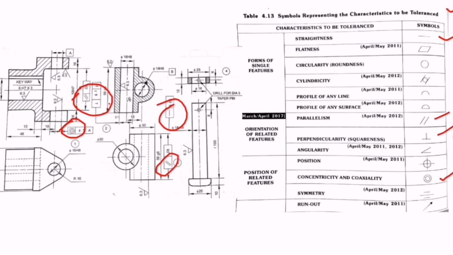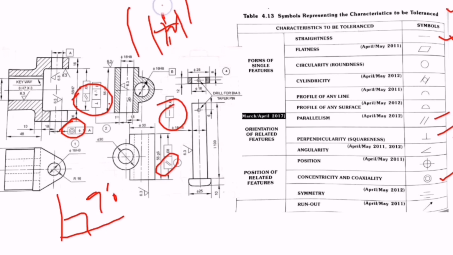By looking at the shapes or surfaces of that figure, we can understand which symbol should be used. Whenever the lines are straight, we can use the straightness symbol. When two lines are perpendicular to each other at a 90 degree angle, then we go for perpendicularity. When the axis is the same for two different diameters, for example the 20 diameter and the 40 diameter have the same axis, so the same midpoint, then we indicate it with concentricity or coaxiality. Like that we can indicate the tolerance symbols wherever required.